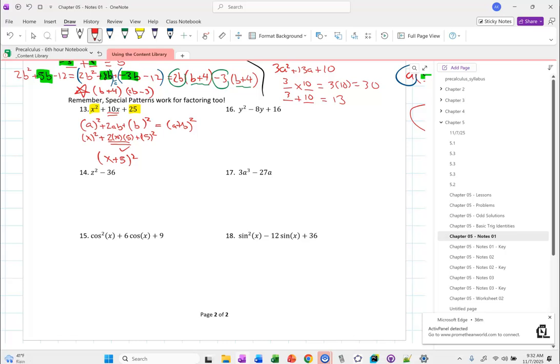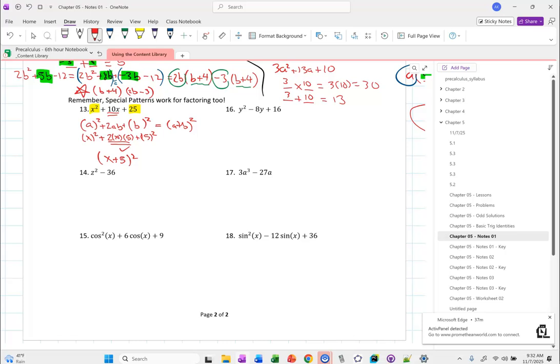Now, I want to point out to you, you could factor this just like we have been, right? And here, where the leading coefficient is 1, you might as well. This is saving no more time doing it this way than not, right? Where this would become helpful